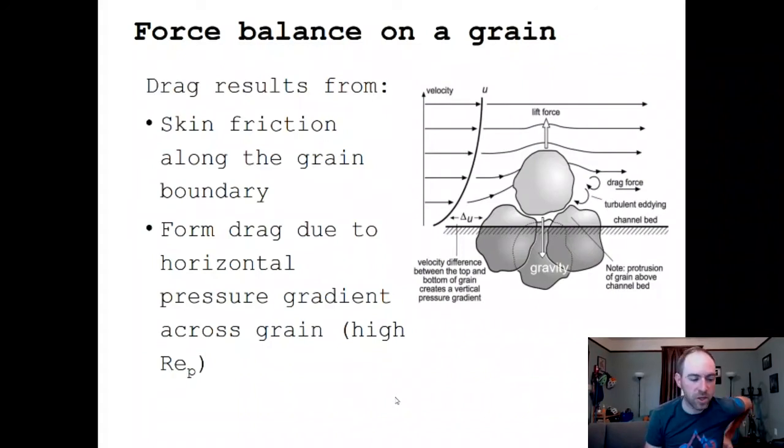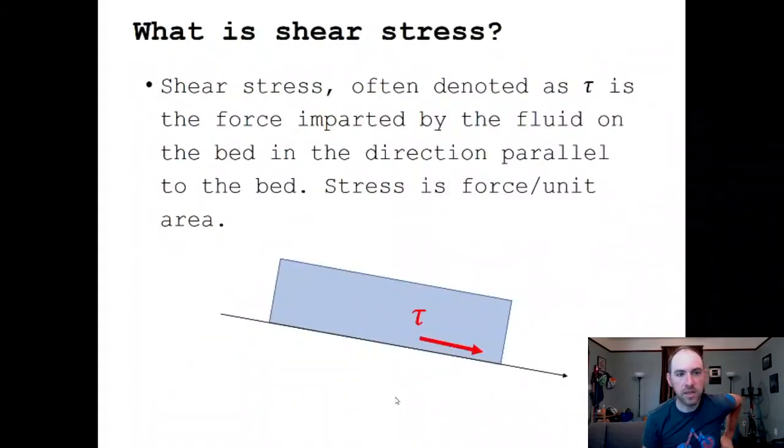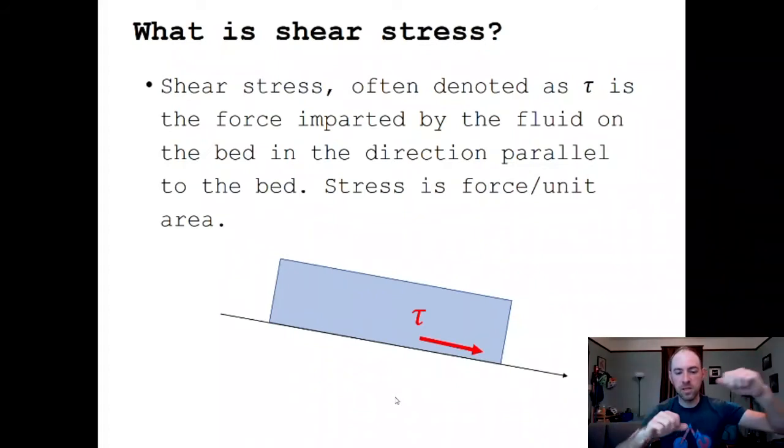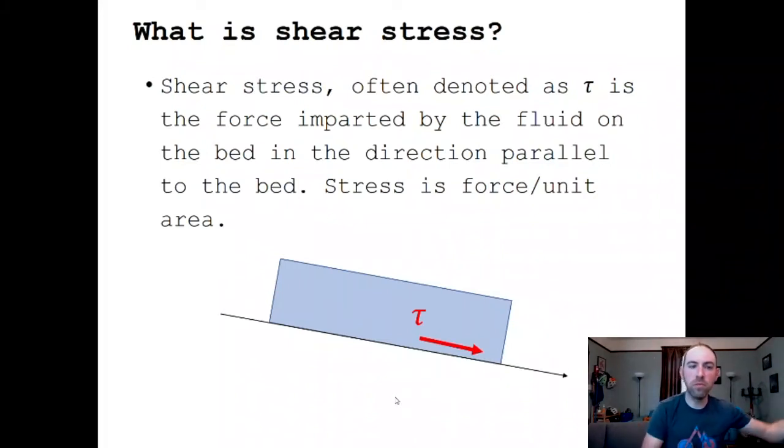Okay, and shear stress is the force that's imparted by the fluid on a bed in the direction parallel to the bed. Okay, so this is a term that we can calculate from various other ways that tells us how much the fluid is exerting a stress on the bed that is then becoming available to move those grains of